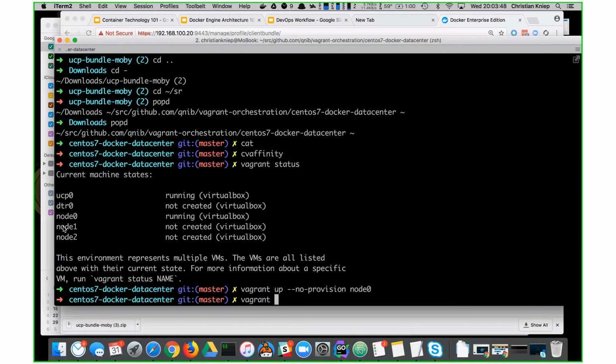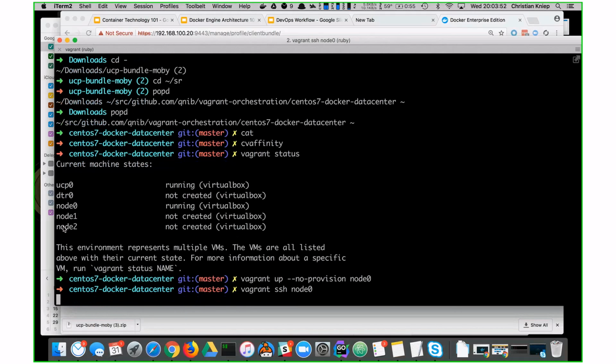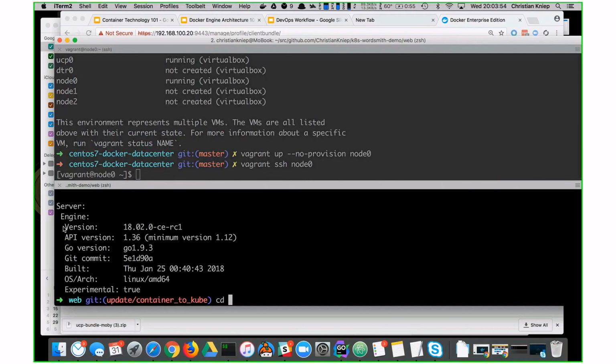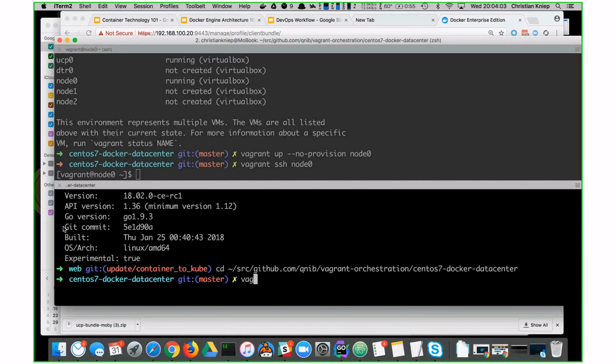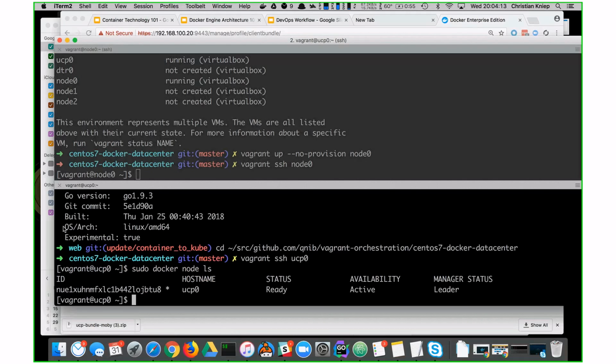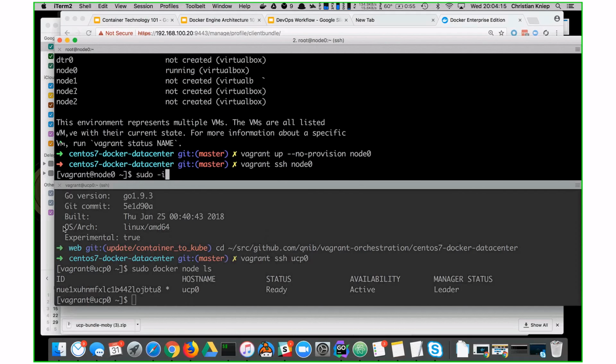And when I log into this node, I have one node, and the other one is not connected to anything.